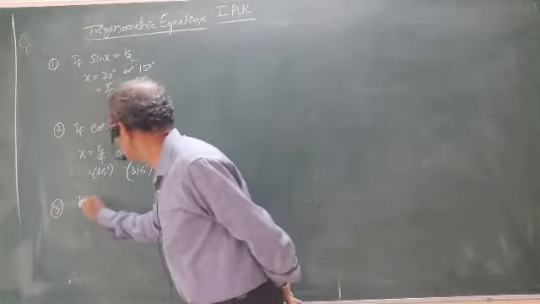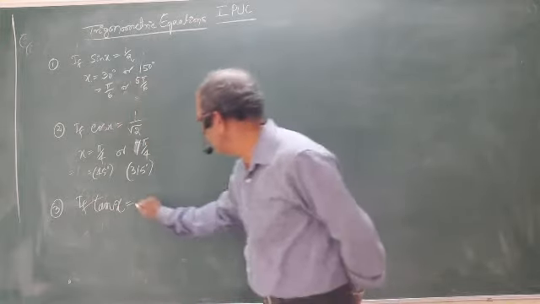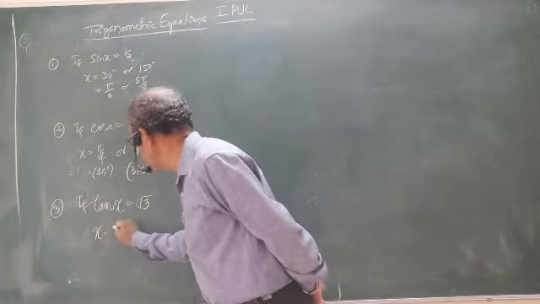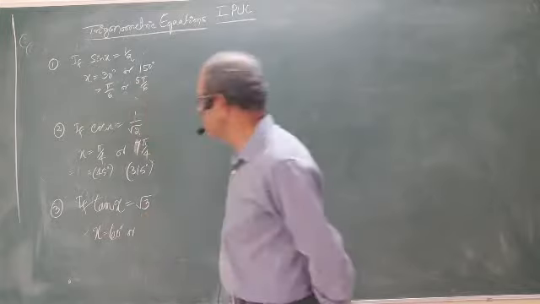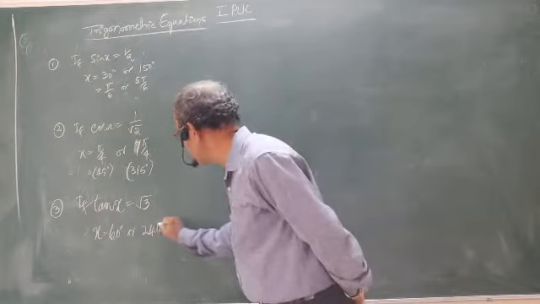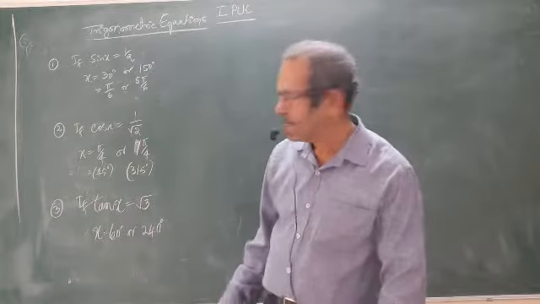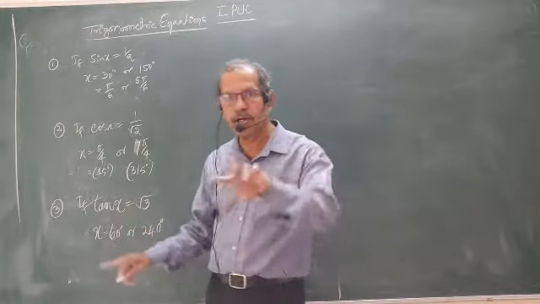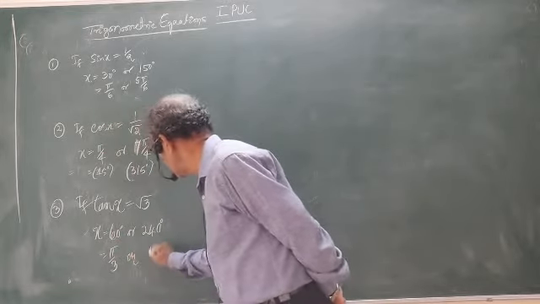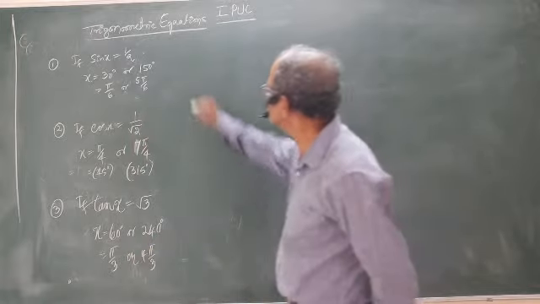Instead of stopping here, let me take tan also. Tan x equals, whatever may be, root 3. Give me two answers for this. x is, one is 60 degree. Another one, tan is positive in the third quadrant, 240 degree. Tan 240 is also root 3. Tan 60 is also root 3. There are two answers. If you want in radian, then also let me write: pi by 3 is 60, 4 pi by 3 is 240.